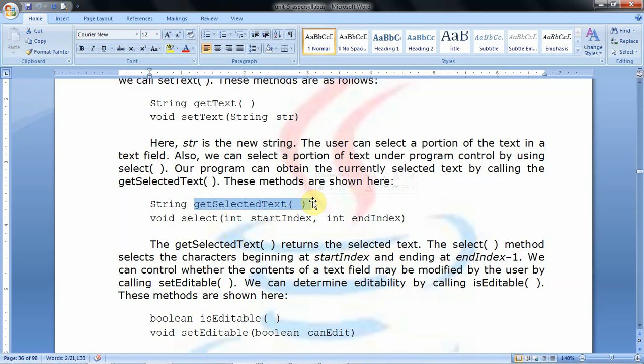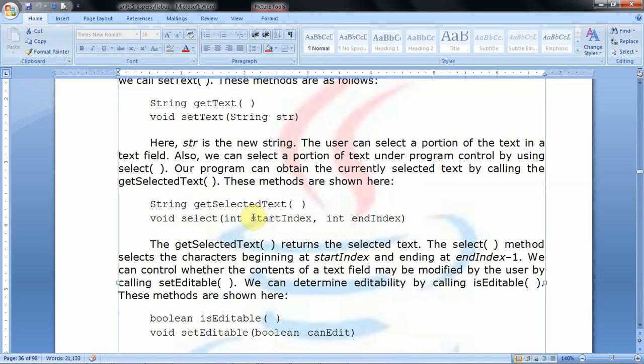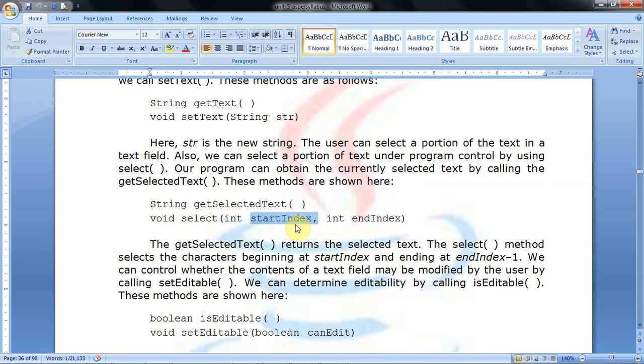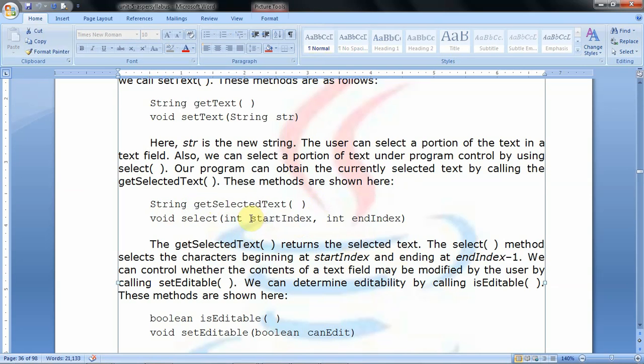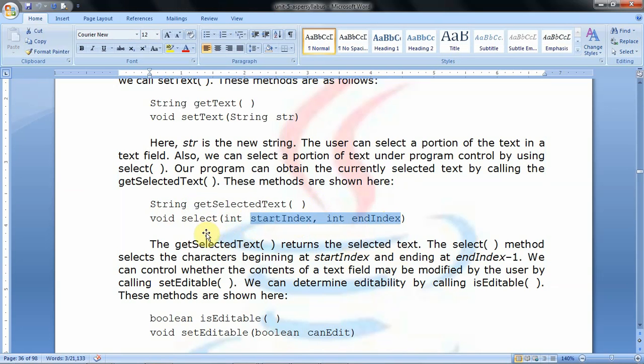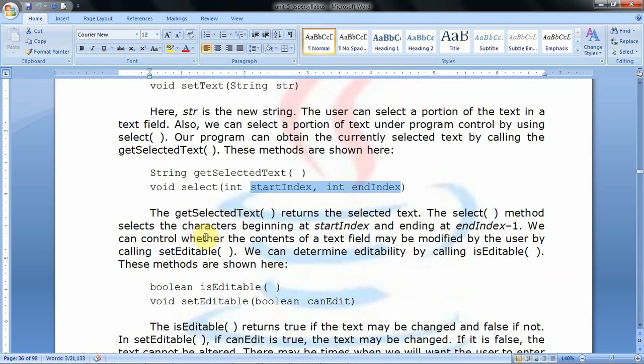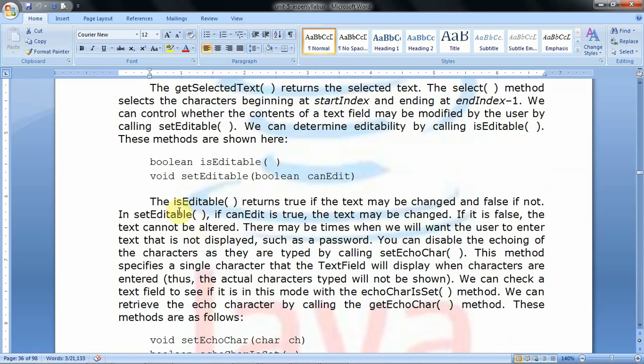Sometimes we can select the text in the text field by giving a starting index and ending index. That means between this range the text is selected, and that is done by using the method called select. Then two more methods, setEditable with a boolean argument.